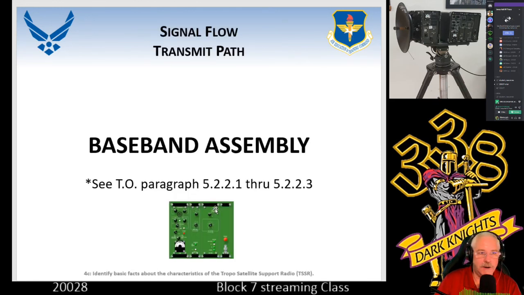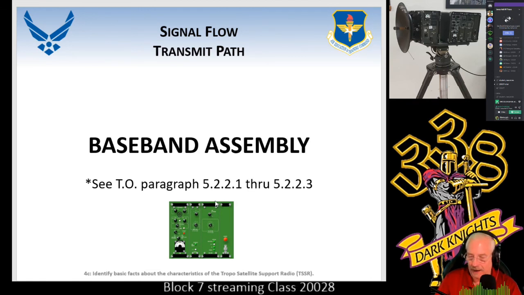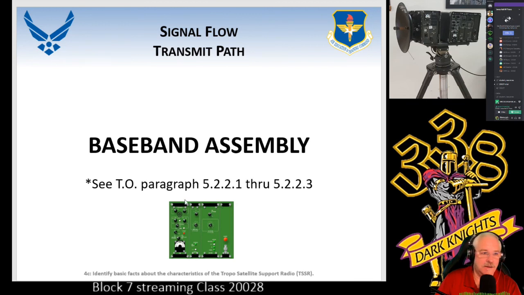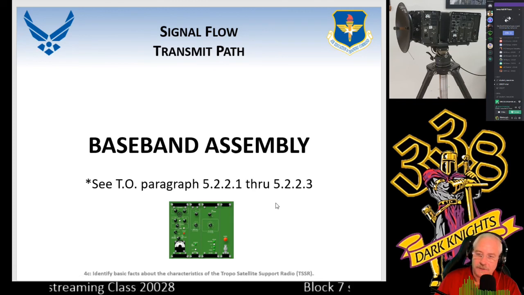So when we look at the baseband path, and I told you beforehand, you've got to have your C's and D's out if you have them. They are electronic, and that's what we're going to be going through. If not, follow through the tech order on the transmit path. You can see the TOs right in front of us. Paragraph 5.2.2.1 all the way through 3. And we're going to start on the baseband assembly, which I think is page 4, and work our way through